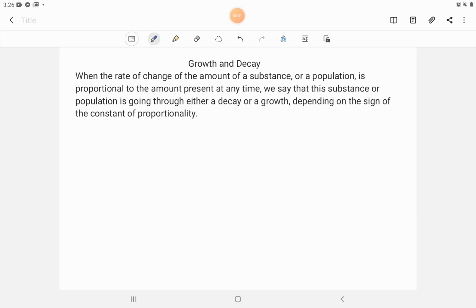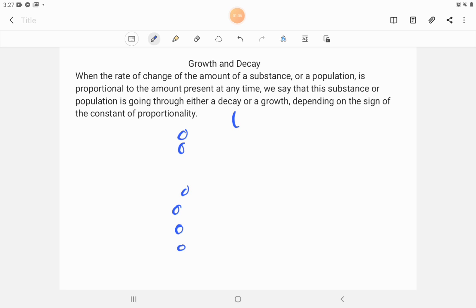Right, there are times, class, when, for instance, a population grows, or the amount of a substance decays, and many such times, the rate of growth or the rate of decay is directly proportional to the amount of the substance present at any given time. So, for example, if there is a smaller amount present